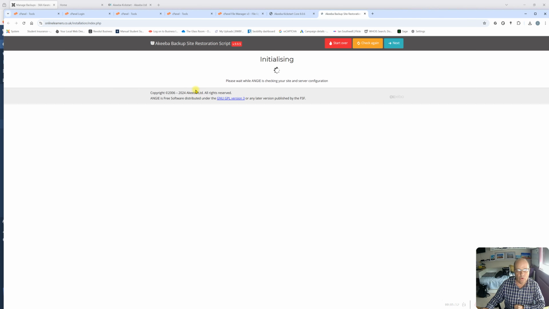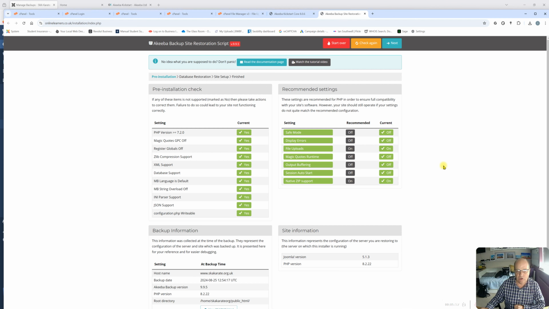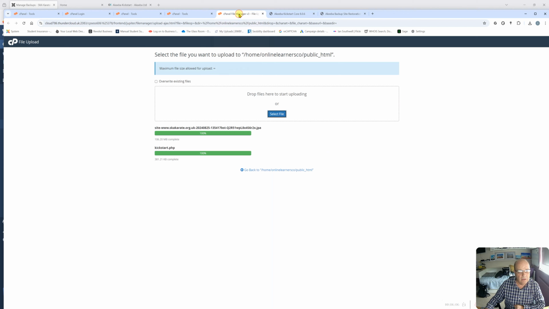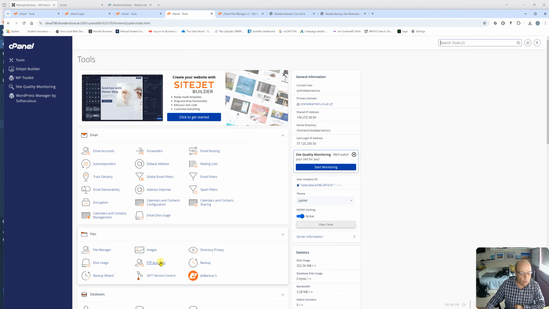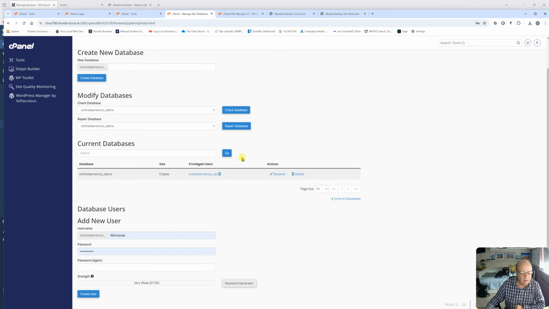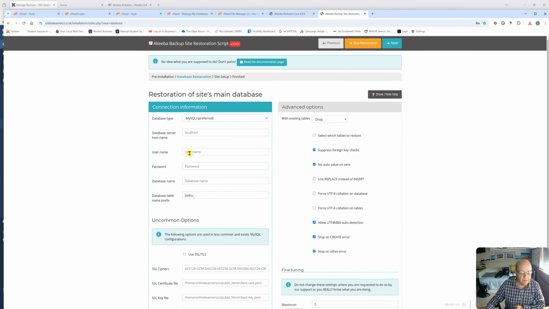And now we can run the installer. Kickstart does a quick check that everything on the server is okay, which it is, and now we can click next. Now we put in the database information. So my database was called, if we go and check it, the user was onlinelearnersco_ian. So I'll copy that,